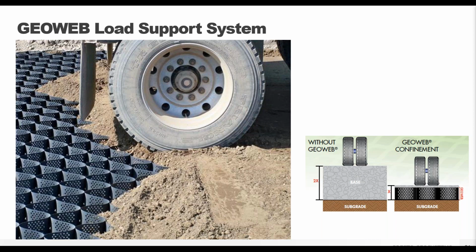So here you can see the impressive load support benefits of an 80,000 pound loaded dump truck. And so this is the standard AASHTO H20 loading parameters. This is going to be applicable to highways, including all sort of emergency vehicle access, so fully loaded fire trucks, ambulances, and fully loaded dump trucks. And so you can see this is a partially filled GeoWeb panel over a soft substrate. And you can see how the cells push back against each other to support that load. And really only the adjacent cell needs to be filled to maintain that support.